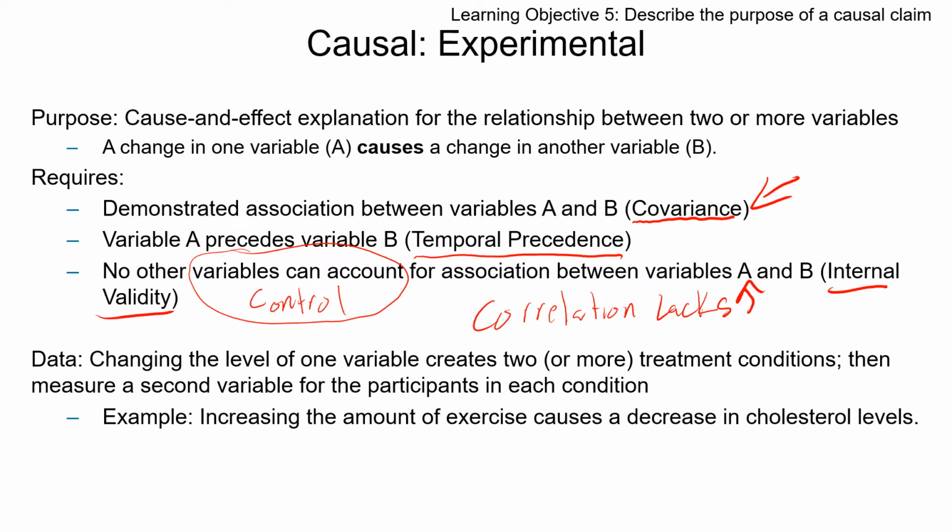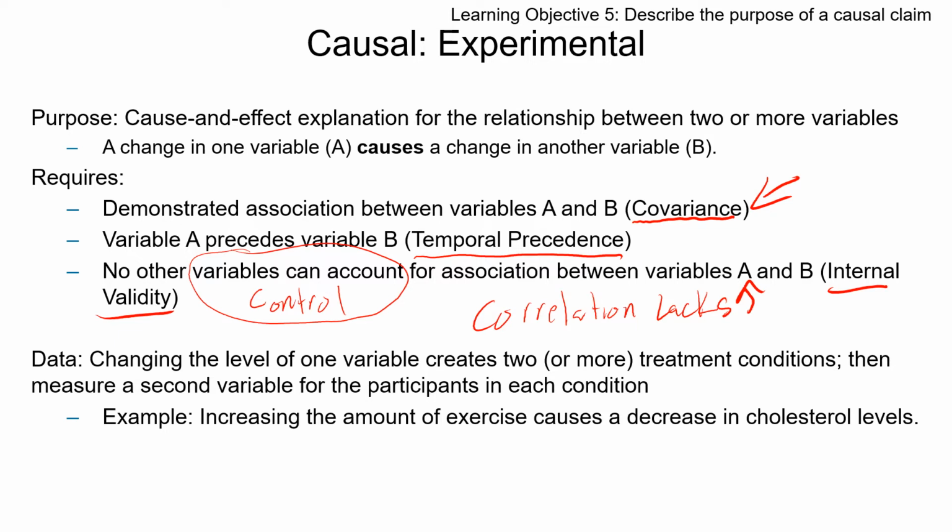So what we're looking at here is changing the level of one variable to create two or more treatment conditions, then measuring the second variable for participants in each condition. An example here: increasing the amount of exercise causes a decrease in cholesterol levels. You have two groups of people, and you randomly assign them to the two groups. One group you assign to exercise, the other you assign to not exercise, and you check their cholesterol. If the cholesterol is lower in those that exercised afterwards, then you can say you've got a causal claim